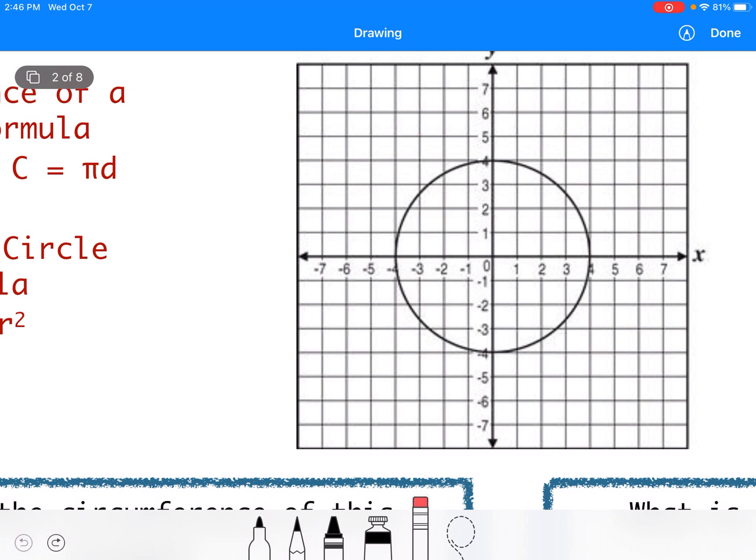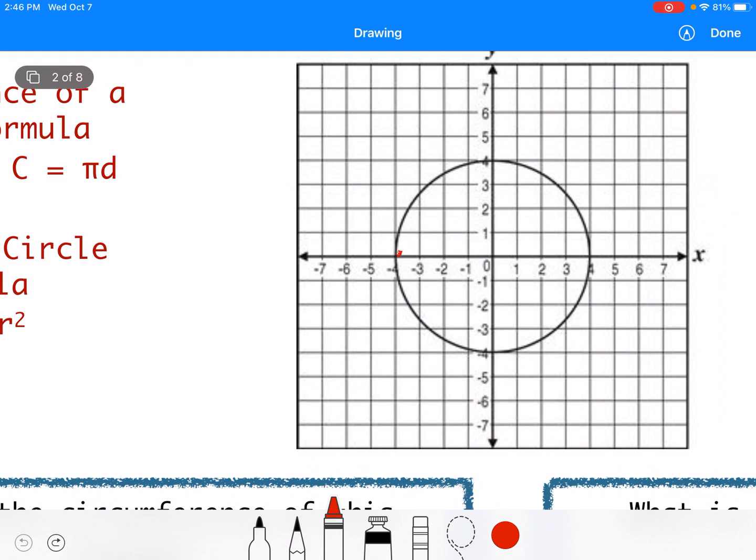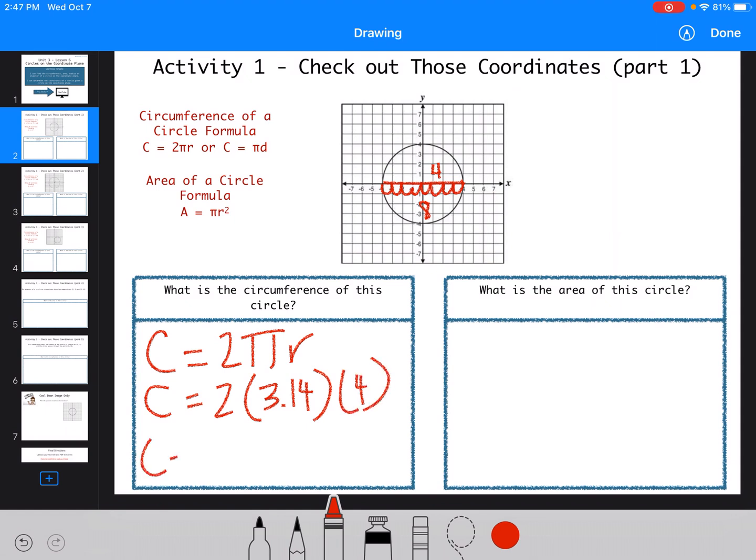Let me undo that because it's not even a color. So I'm going to count. So I have 1, 2, 3, 4, 5, 6, 7, 8. So my diameter is 8, so my radius is going to be 4. So I'm going to use the formula C equals 2 pi r. C equals 2 times 3.14 times 4. So the circumference of this circle is going to be